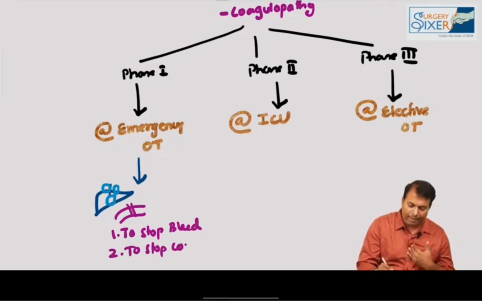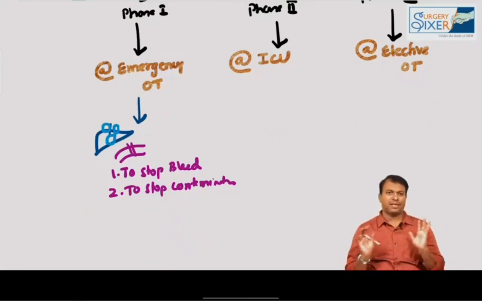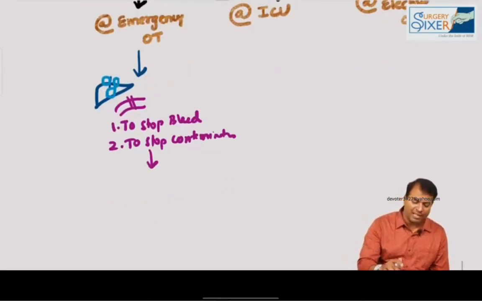That is my aim. My aim in a trauma center, in a patient especially with coagulopathy, is to stop bleeding and to stop further contamination. That's all. So I will immediately do these things, and I will not even close the abdomen. I will come out of the theatre by just